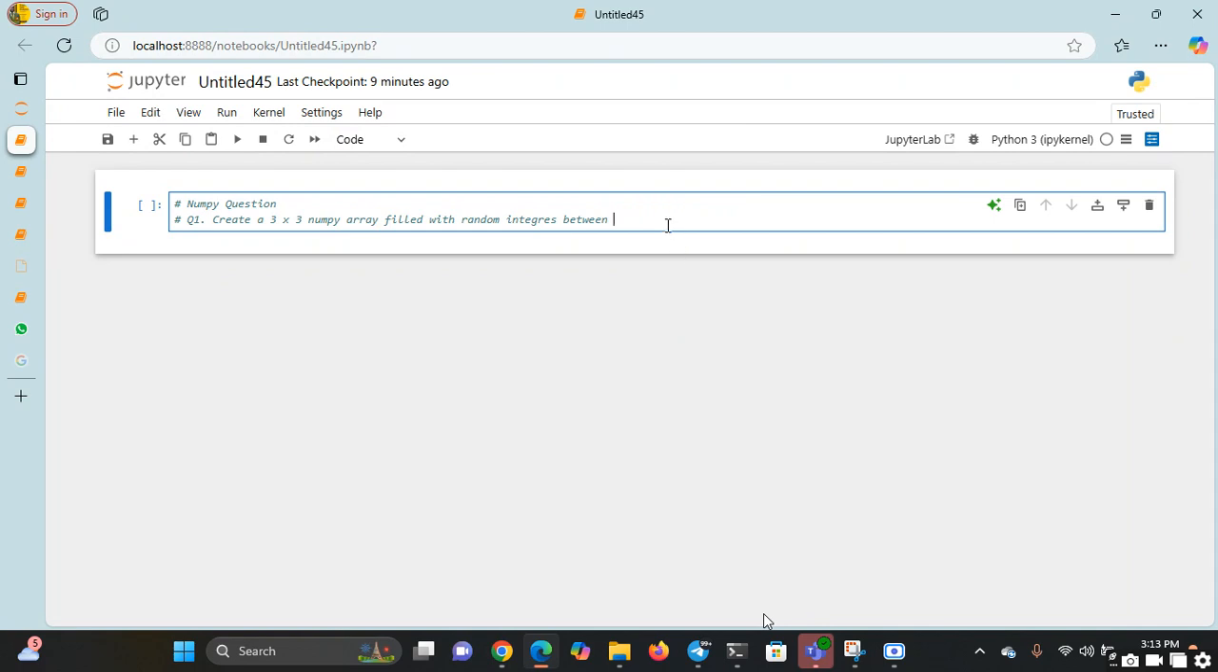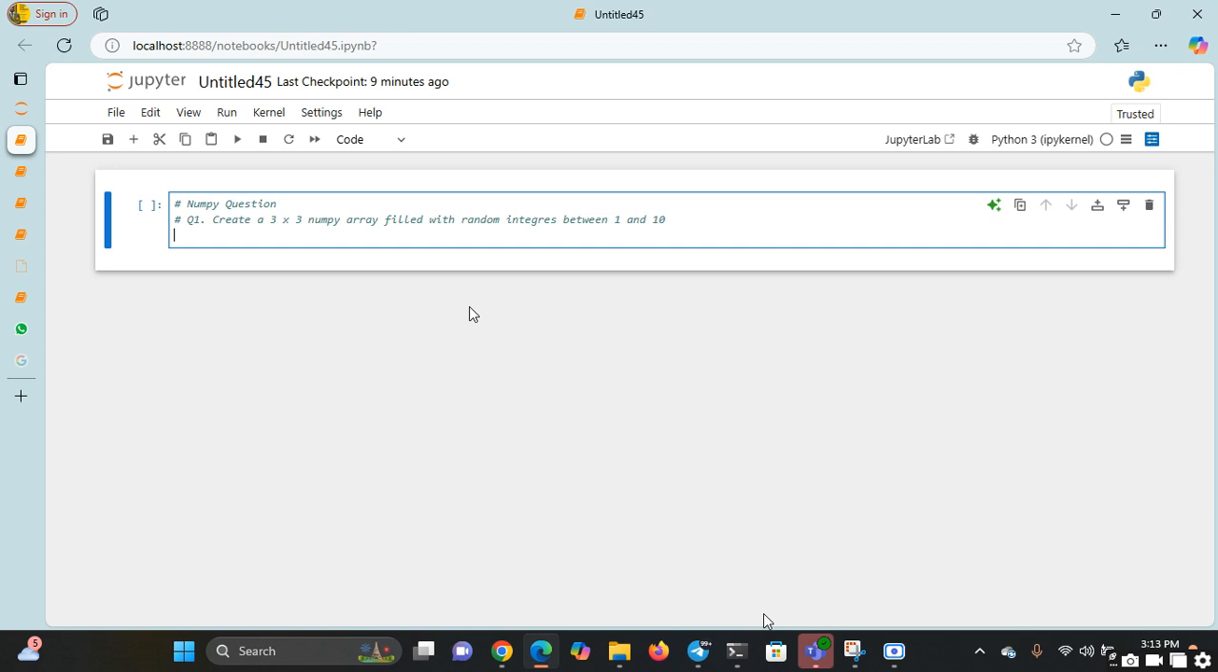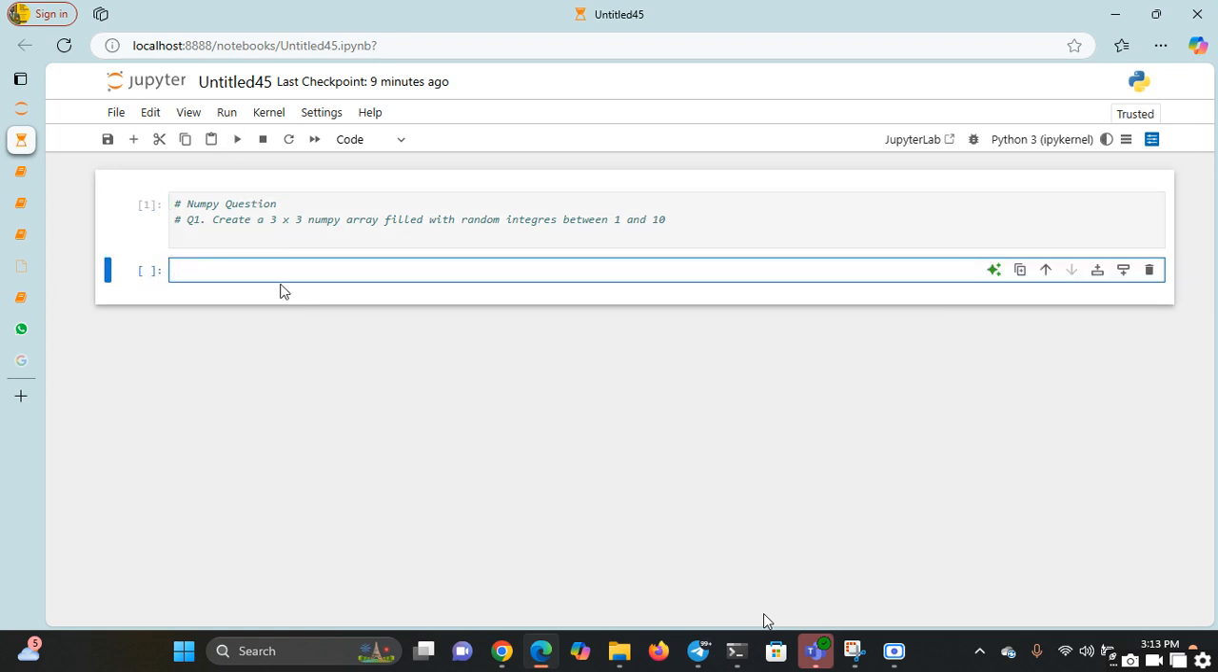So now, what's in record? It's random integers between one and 10. So now, if you want to solve this question, for the question number one, we have